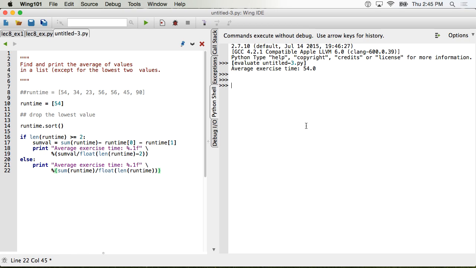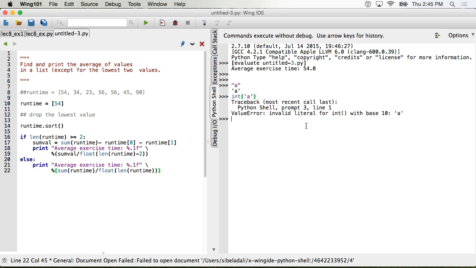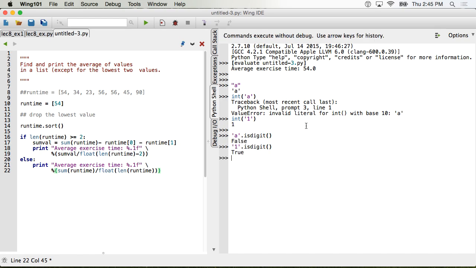So, for example, if you have a string, can you convert a string of A into an integer? No. Can you convert a string of 1? Yes. What you can do is actually check if a value contains a digit, if it's a valid integer, for example. So we will see a lot of that. Okay, so